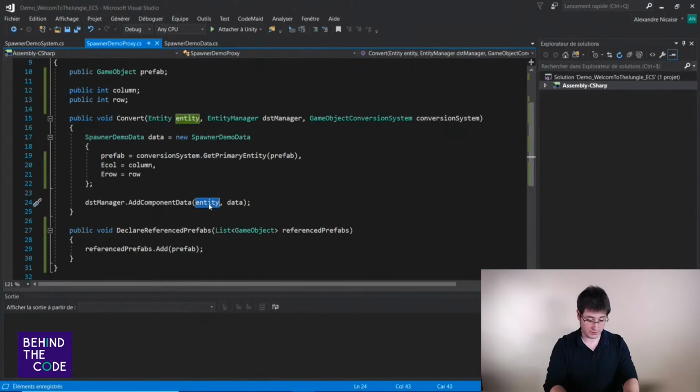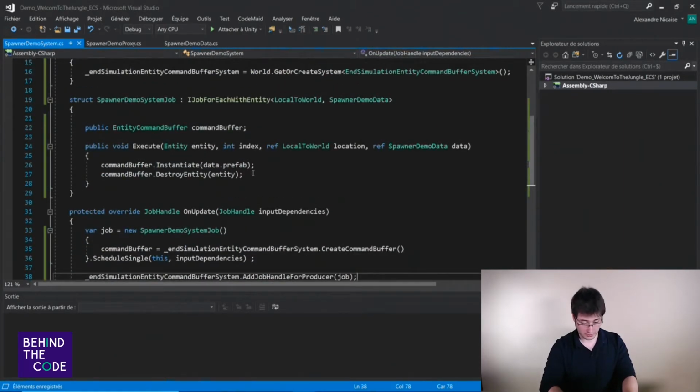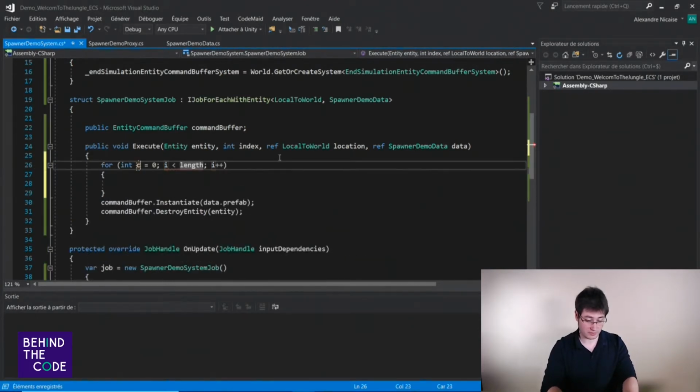here I have all my data, but now I need to access my system and spawn all my prefab. So all my entity. So for C for colon, or not C but X, because it's the X-axis we want.